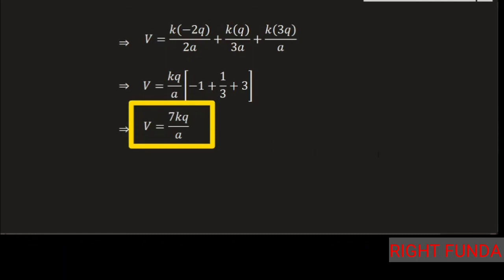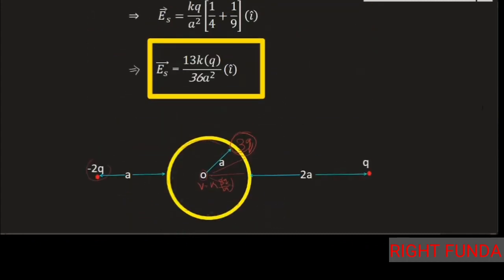And this is not only the potential at the center of the sphere, it is the potential at any point inside the shell, because this is an equipotential volume. Once we find it at the center, that will be the potential. This potential is the same as this potential. So at any point we can find the net potential due to all the charges. Before putting the charge the field was 0, and after putting the charge also, the field will be equal to 0 here, because this will be an equipotential volume all the time.